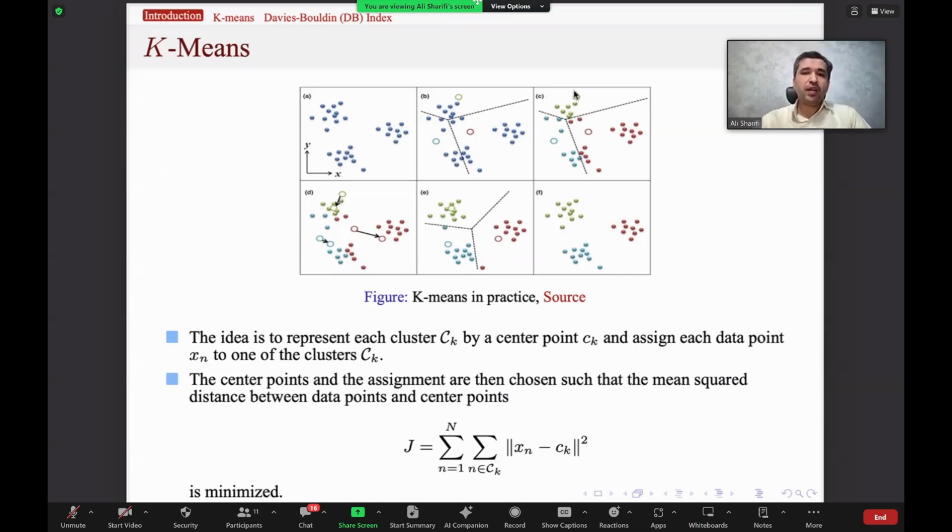And then we move or relocate each center to the center of mass of each cluster. For example, the center of mass, or average of X and Y values, of the samples in green color is here, in blue color is here, and in